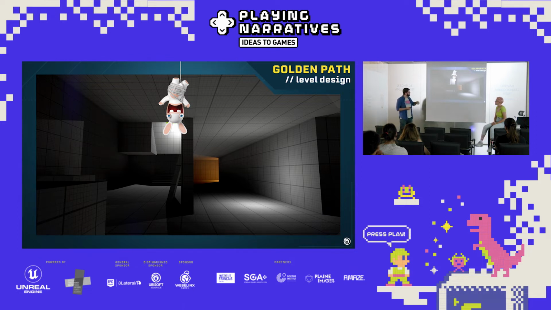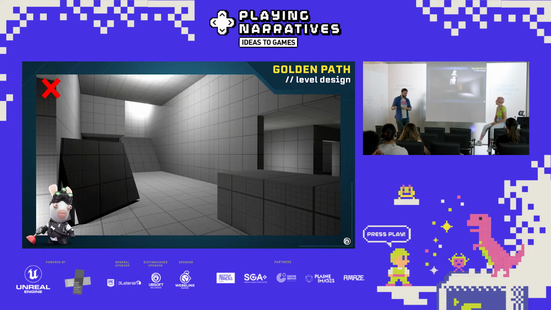So you can see here two paths, left and right. One is up the stairs with white light, and the other one is on the right side with warm orange light, which is indicating a safe house where the player can feel safe. A lot of studies have shown that players respond better to warmer colors than colder colors, so they can feel safe. So oftentimes you're going to find yourself going the right way without any signs or landmarks or anything, just because of those subtle things that make you feel safer or that you should go there.